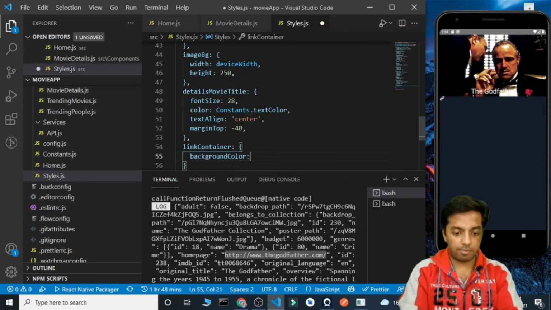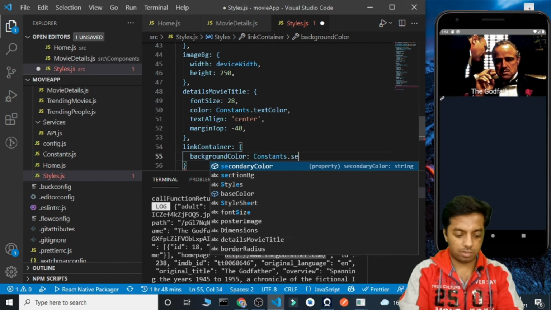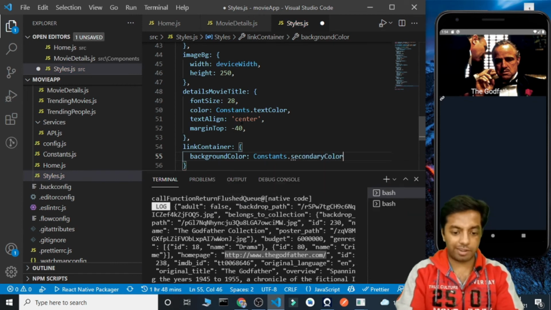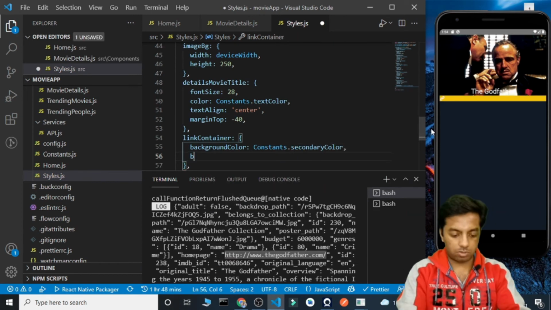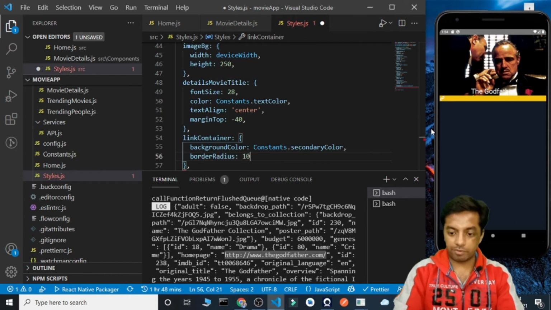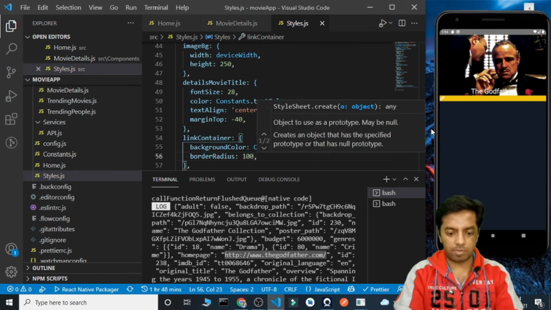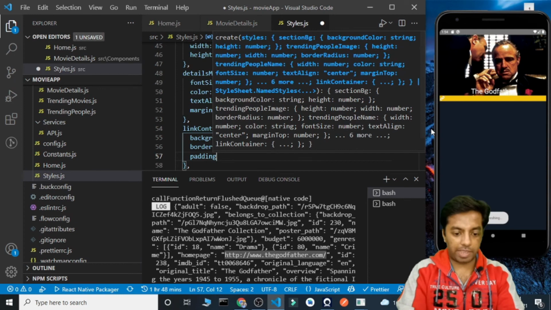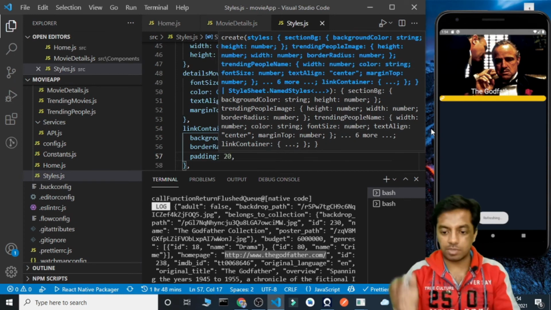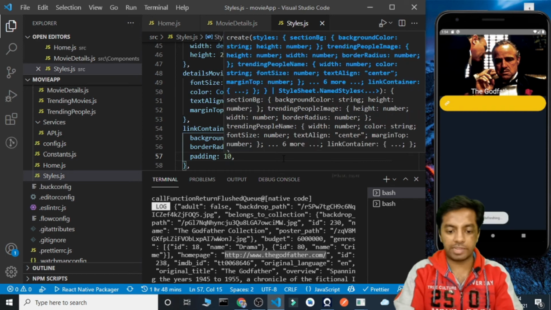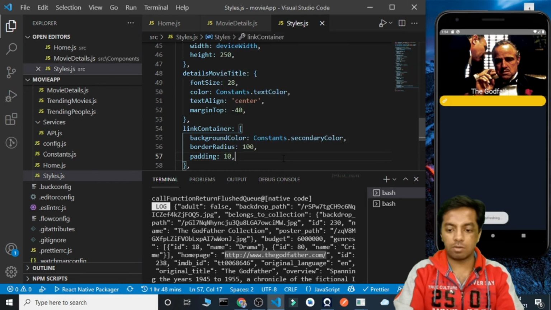So let's give it a background color of constants.secondaryColor, and also let's give it a border radius of 100 and padding of 20 as well, so that it keeps the styling inside it. 20 seems a bit larger, then let's just keep it 10. Okay, yeah, 10 seems good.